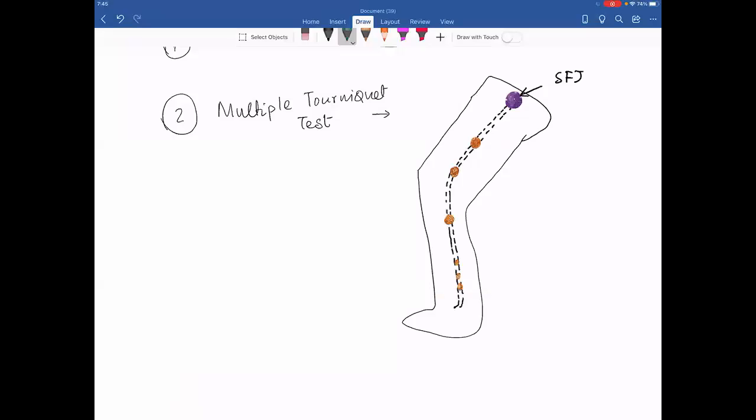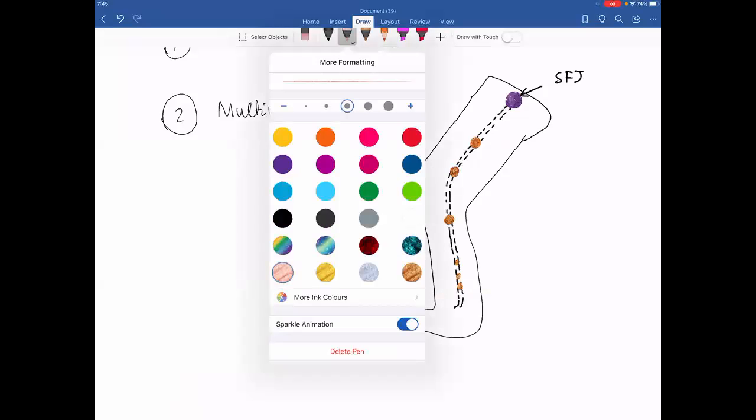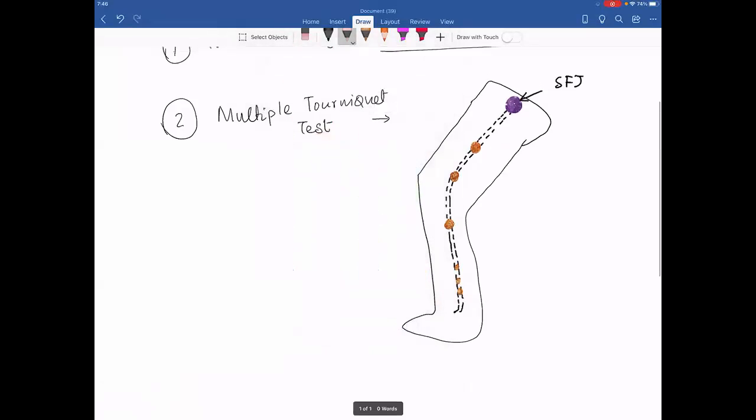So that means if I am making a tourniquet in this picture, tourniquet one, let me make it big. Tourniquet one is this one. Where did I tie tourniquet one? Above the level of the mid-thigh perforator. What is tourniquet 2? Below the level of the mid-thigh perforator. So this is tourniquet 2. And what is tourniquet 3? Tourniquet 3 is below the level of the knee perforator. Have I made you understand up till this concept?